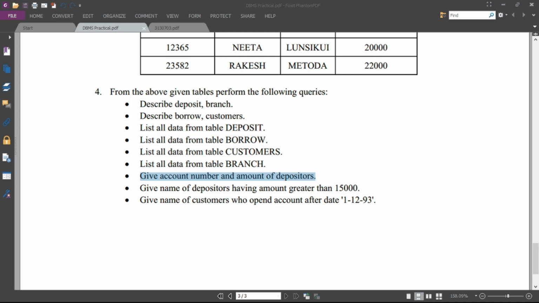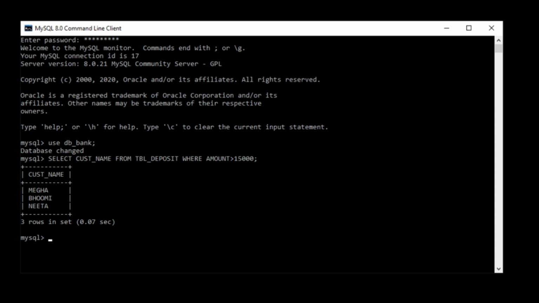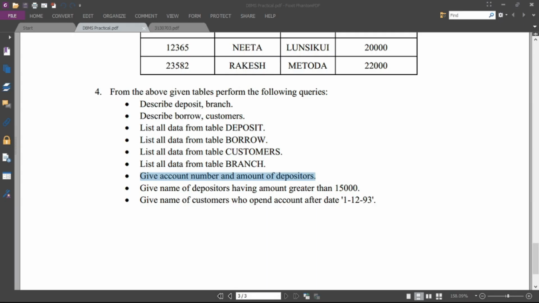Okay, so now let's check in MySQL. Select customer name from table deposit where amount greater than 15,000. Okay, so now this is the result of this query, and the last is